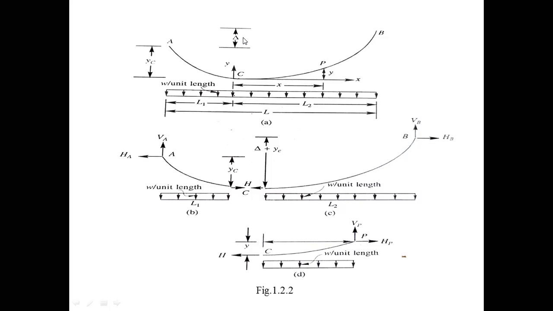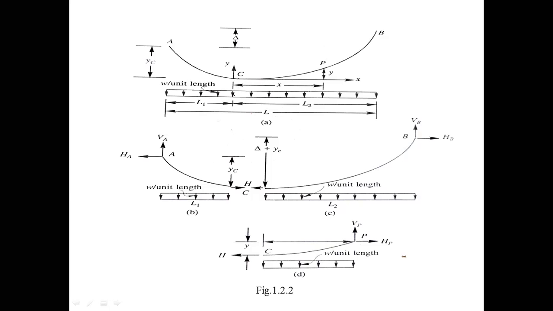And from support A, not from support B, the midspan dip. What is the span given? L is equal to 50 meters, and at 25 meters,